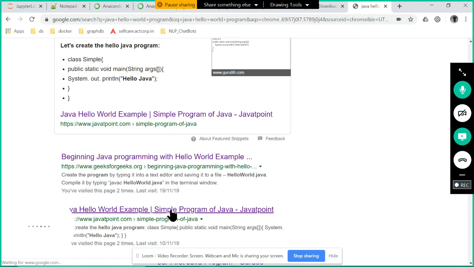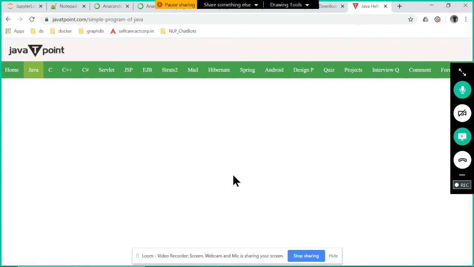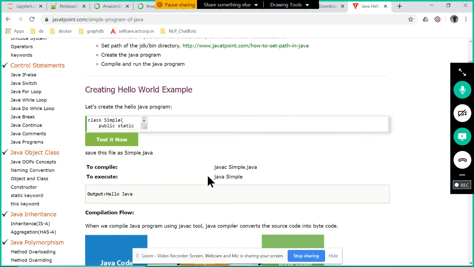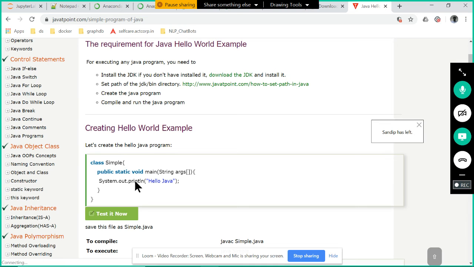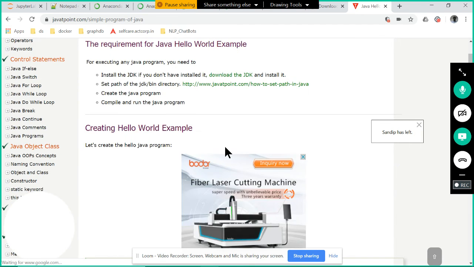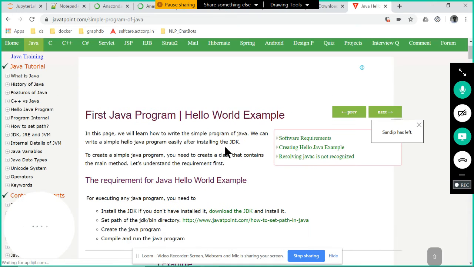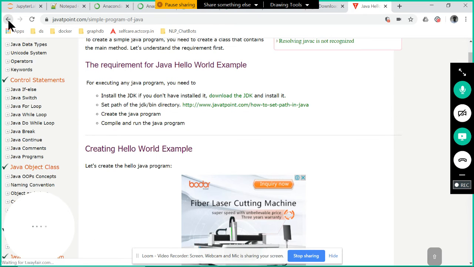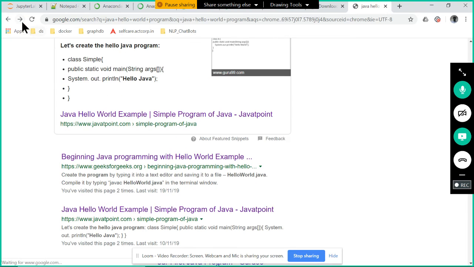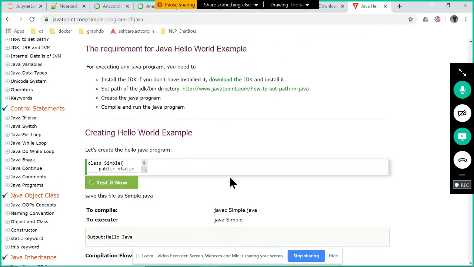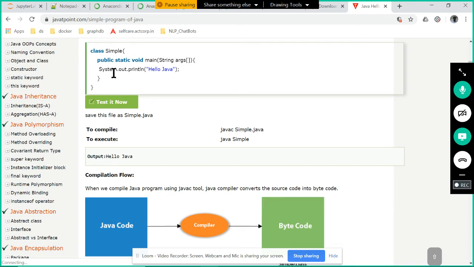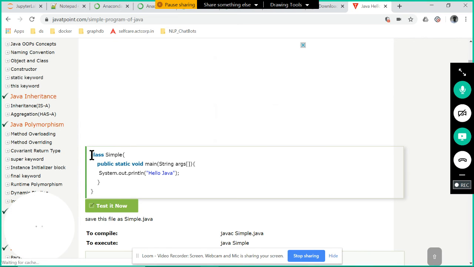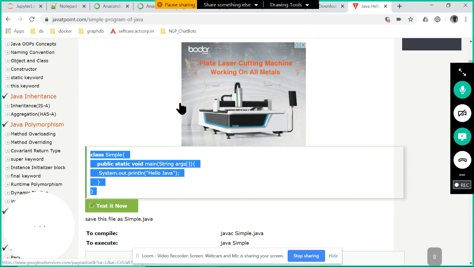Okay, let us take from here. The site has so many things to load, that's why it's taking time.